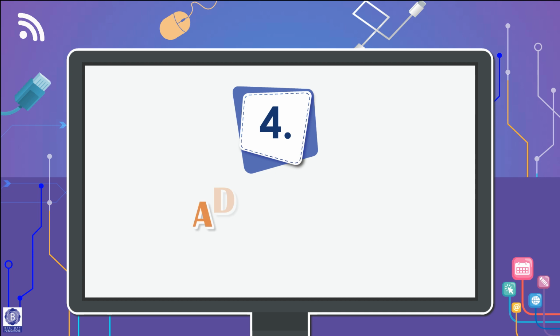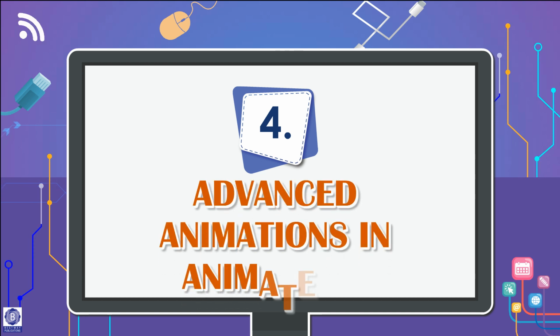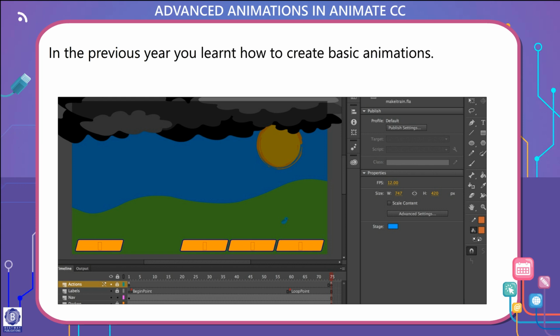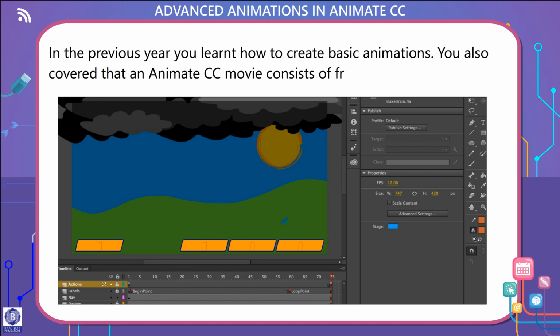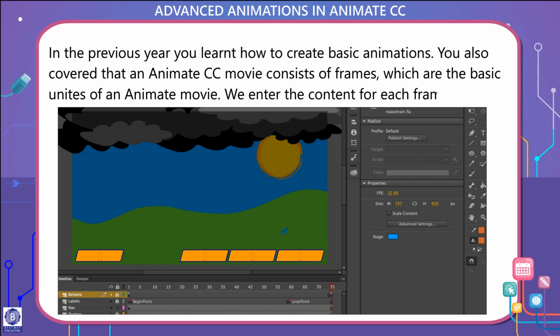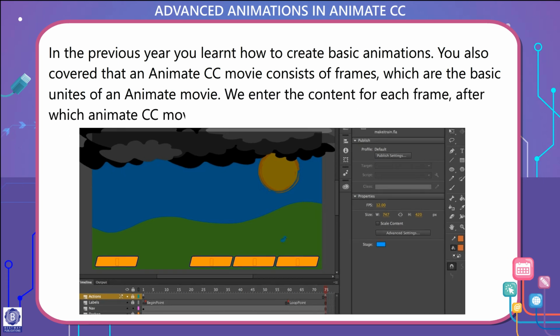Lesson 4: Advanced Animations in Animate CC. In the previous lesson, you learned how to create basic animations. You also covered that an Animate CC movie consists of frames, which are the basic units of an Animate movie. We enter the content for each frame, after which the Animate CC movie displays the frames in series to play the